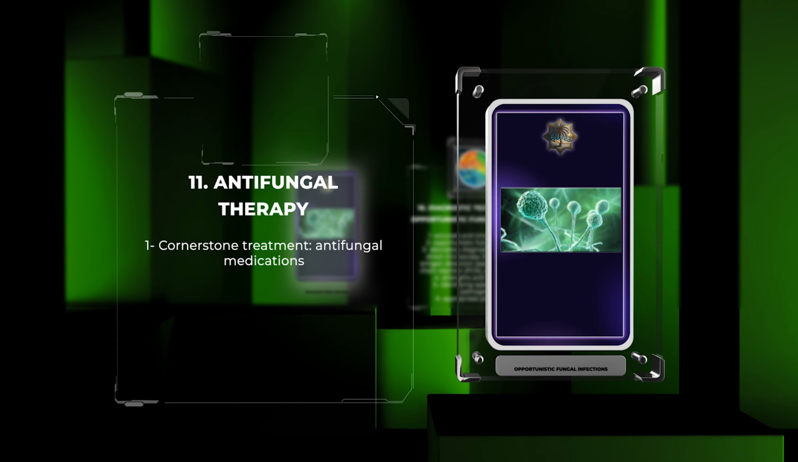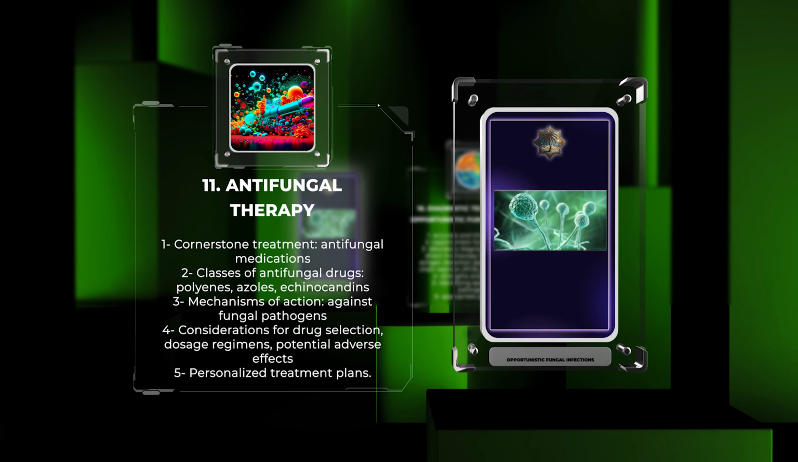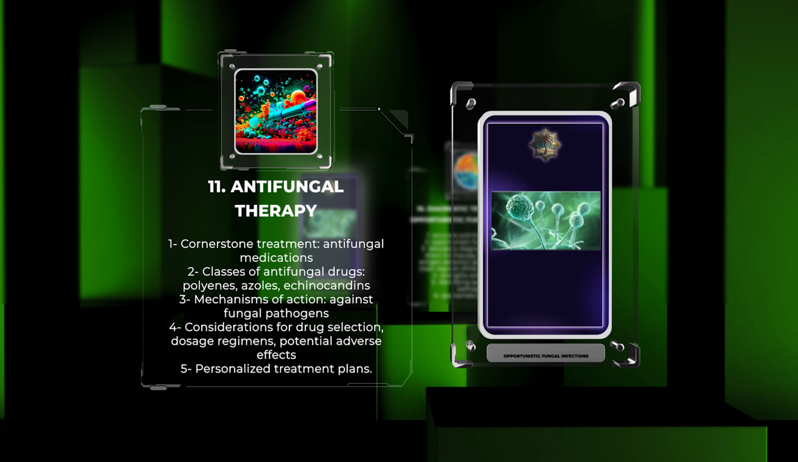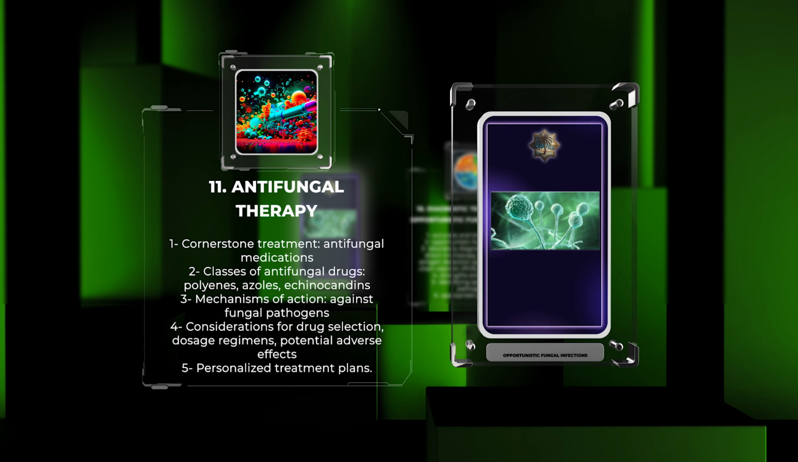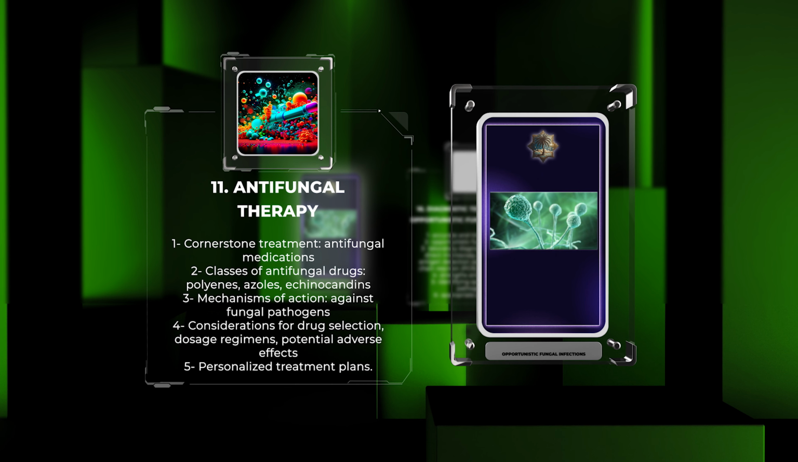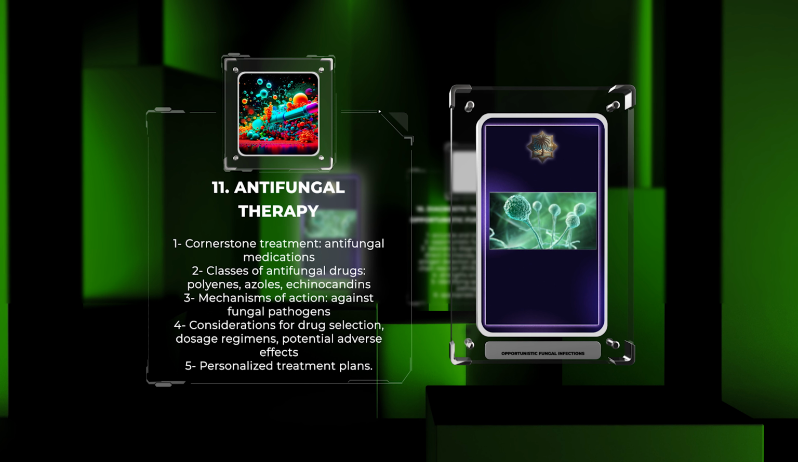Antifungal medications form the cornerstone of treatment for opportunistic fungal infections. We will explore the different classes of antifungal drugs, such as polyenes, azoles, and echinocandins, and their mechanisms of action against fungal pathogens. Considerations for drug selection, dosage regimens, and potential adverse effects will be discussed, with an emphasis on